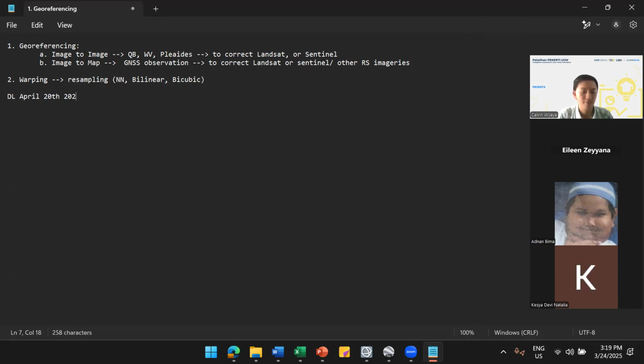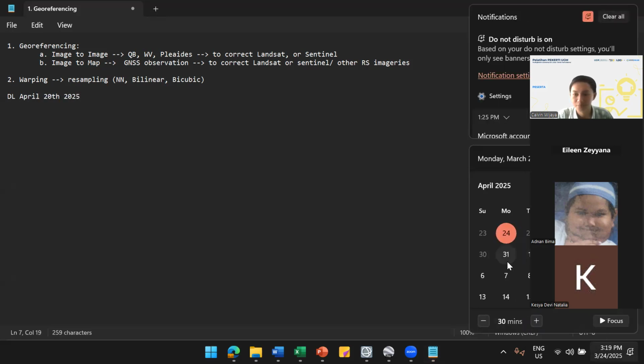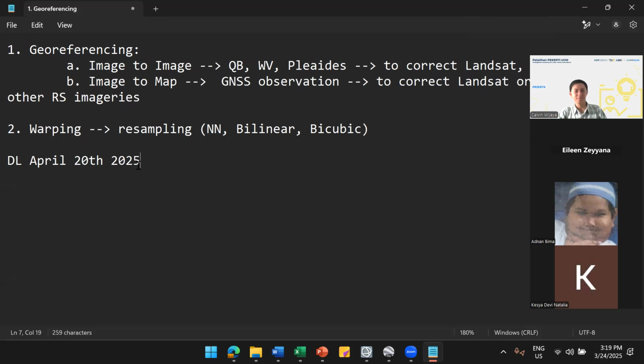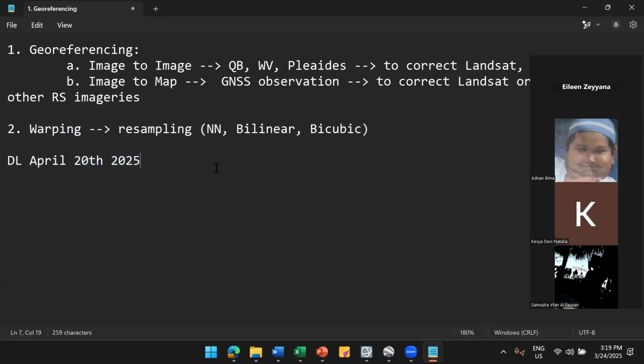So this is right after the midterm. Your midterm is 8 to 17 and the deadline is the 20th. Agree? I'm good with that. Yeah, sure. Oke. Gimana, Ran? Oke Kak, oke. Note. Oke.